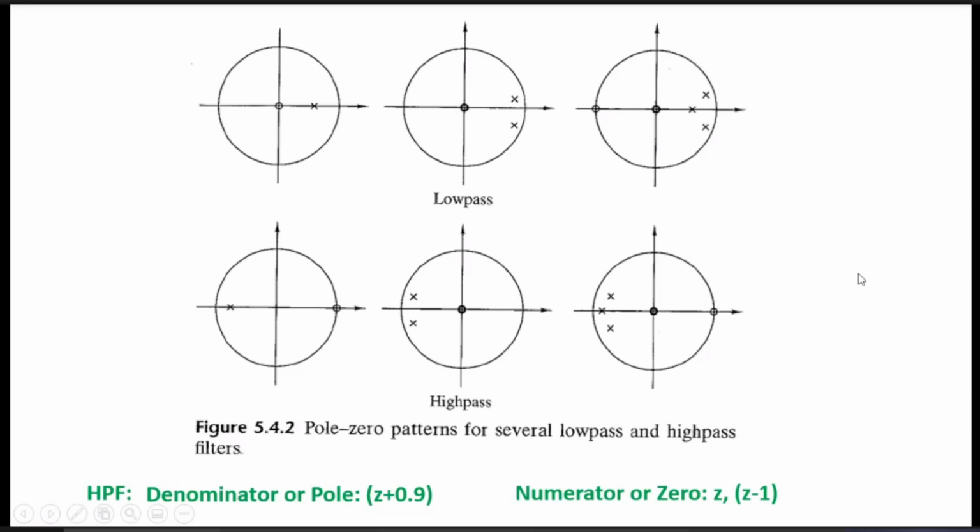ये हो गया लो पास फिल्टर। सिमिलरली हाई पास फिल्टर के लिए क्या होगा, इसका ऑपोजिट है, मतलब वो सब पोल्स एंड जीरोस हमको रिवर्स कर देना है, क्योंकि लो फ्रीक्वेंसी पॉइंट्स corresponds to z is equal to +1. Okay, z tends to +1, low frequency points. So low frequency points में हाई पास फिल्टर का गेन कम होना चाहिए, ठीक है, सो उसको जीरो में कन्वर्ट कर देना है,